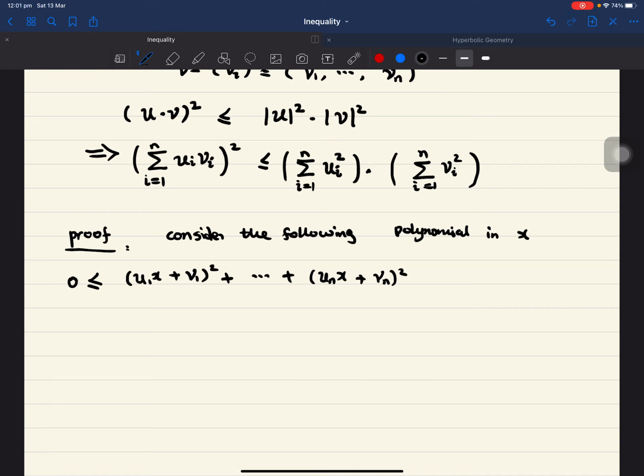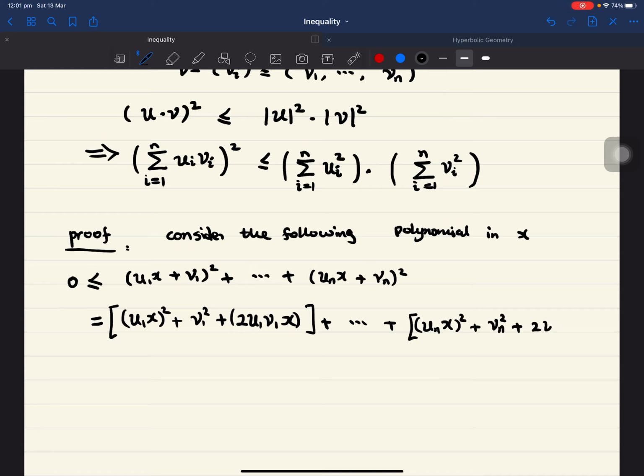So when we expand this bracket, we get U1x all squared plus V1 squared plus 2U1V1x, plus Unx squared plus Vn squared plus 2UnVnx,